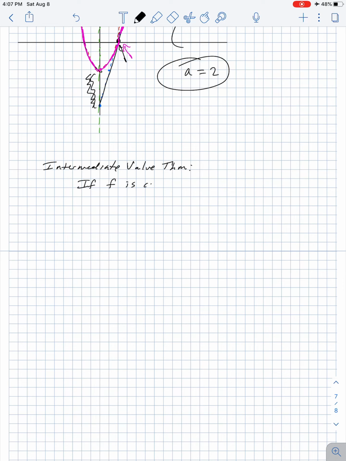If f is continuous, there's that qualification that f is continuous, which happens so often, on a closed interval, a to b. And if L, we'll say capital L, is a real number between f of A and f of B,